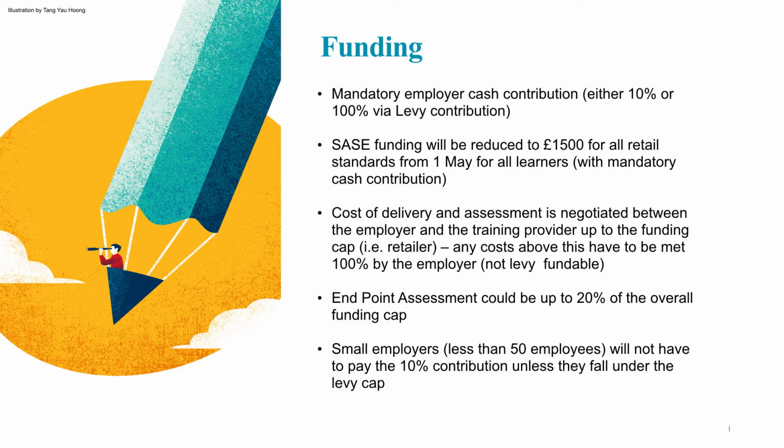So funding, like I said earlier, is still claimed via the ILR. So it's either paid out of your government contract that you have or via your lead provider, or it comes out of the levy pot, so the digital account that each employer will have with their levy allocation in it. If you have an employer that's managed to spend all of their levy, and they still want to take on more apprentices, then they can do so, but this will be on the co-contribution rate, so they will then have to pay 10% of that learner's apprenticeship fee,